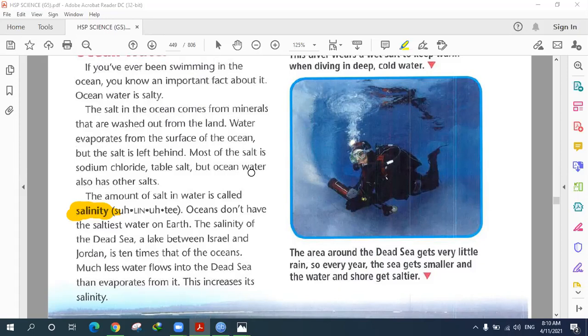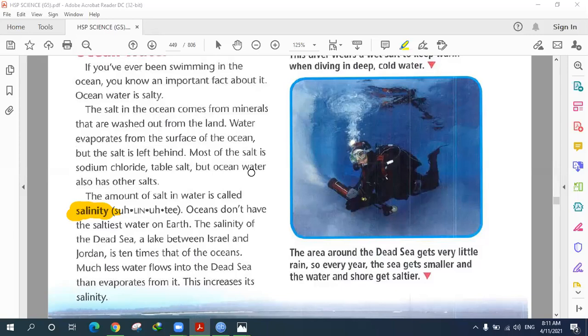So some people know that the Dead Sea, for example, is the saltiest of them all, the one that contains the most amount of salt. But we actually do not consider it that because it doesn't have many organisms living in it. But why do you think the Dead Sea has the most amount of salt? Organisms don't live in the Dead Sea, not as much as in the Red Sea, for example, but it's because